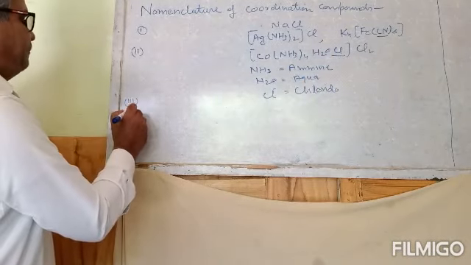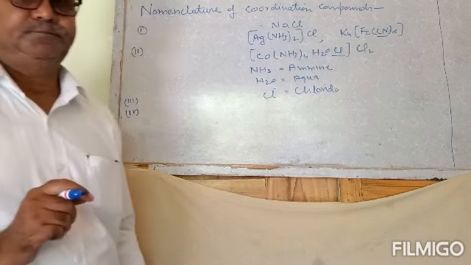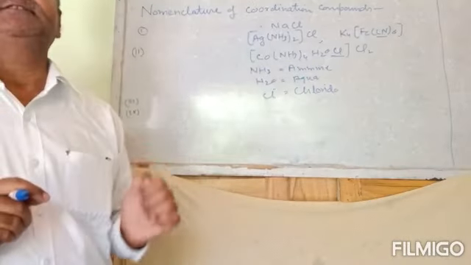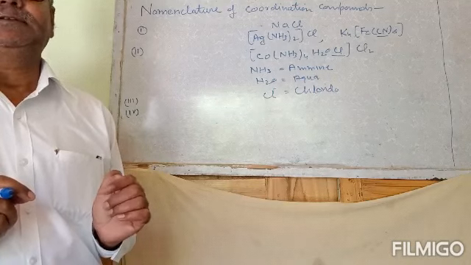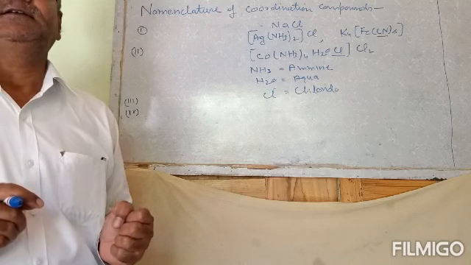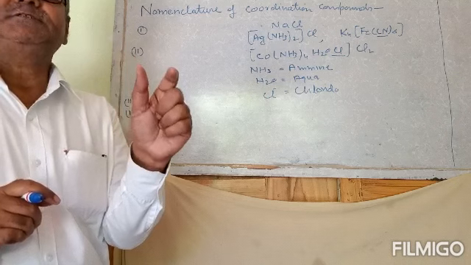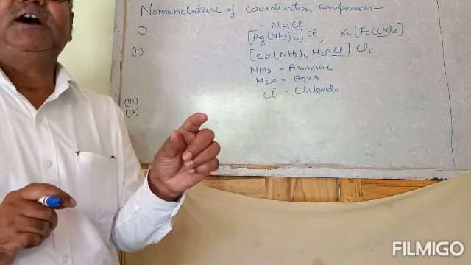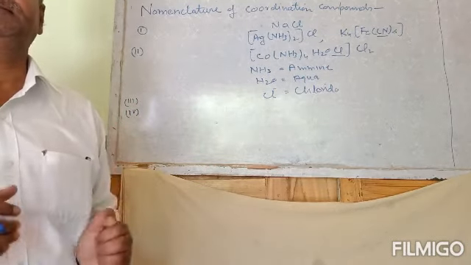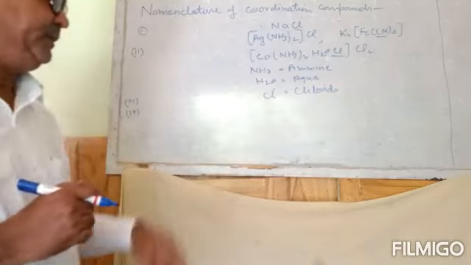Now, very important point. If the name of a ligand carries di, tri, tetra, etc., then bis, tris, tetrakis are used, and then the name is written in parenthesis. This is very important point. For example,